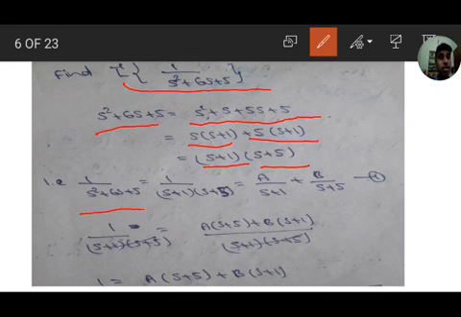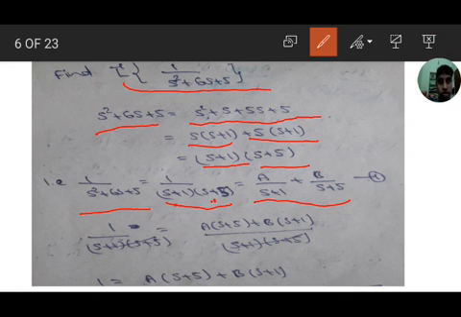So 1 by (s square plus 6s plus 5) equals 1 by (s plus 1)(s plus 5). By partial fractions, it is non-repeated linear factors. So a by (s plus 1) plus b by (s plus 5), that is equation 1. Next, LCM: LHS same as it is, 1 by (s plus 1)(s plus 5) equals (s plus 1)(s plus 5) is the LCM in RHS. We get in the numerator a into (s plus 5) plus b into (s plus 1). Denominator cancels. We get 1 equals a into (s plus 5) plus b into (s plus 1).